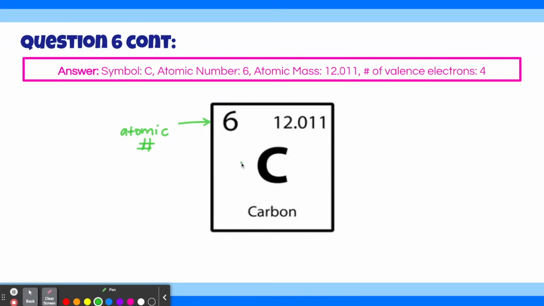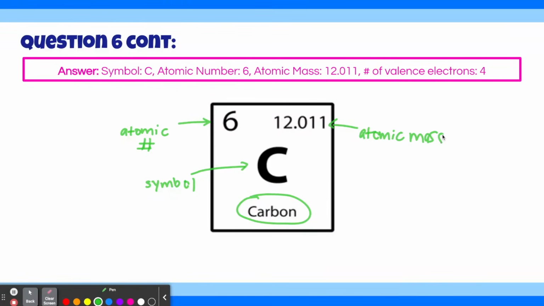Next, we have this huge C in the center, and this is carbon's symbol. And that's the letter that represents it in chemical formulas. And then obviously, a lot of periodic tables do have the element name in the box, some don't. And then we have this number in the top right, which is carbon's atomic